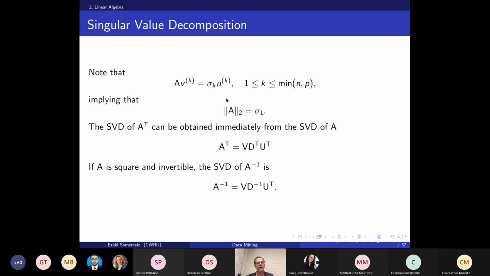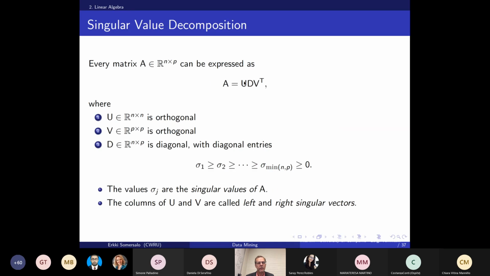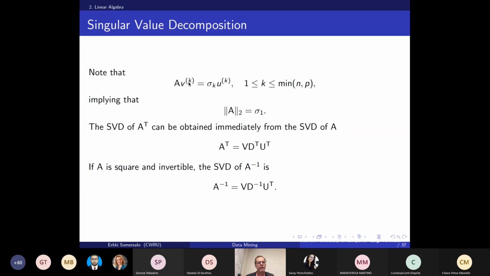That's a fundamental tool in data analysis. And one of the important things to notice is that if you apply A to Vk, where Vk is the kth column of your V matrix, so here we have the decomposition, we have U and V, and I take the kth column of this V and apply A to it, then I get the kth singular value times Uk. So this is an equation that defines the so-called singular pair. So Vk, Uk is the singular pair, and sigma k is the singular value. This is a fundamental property.